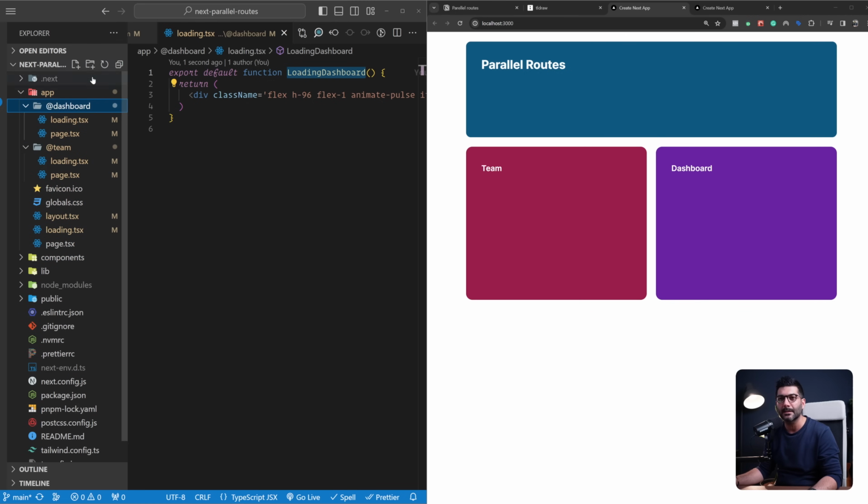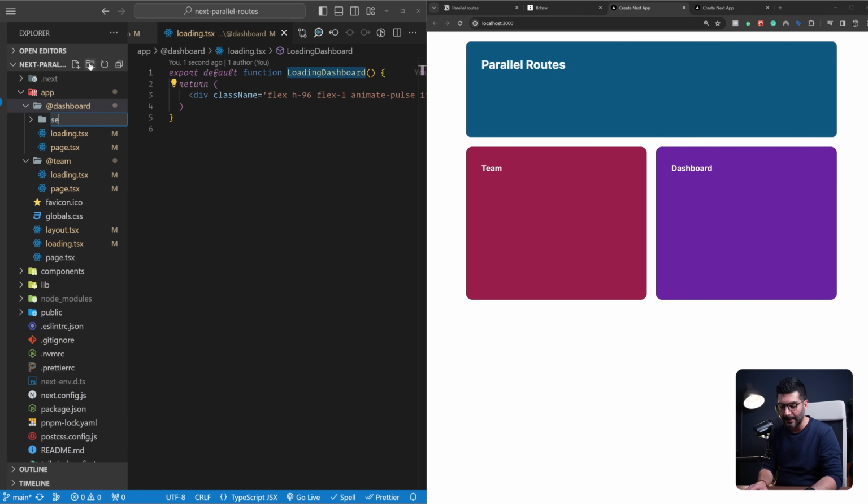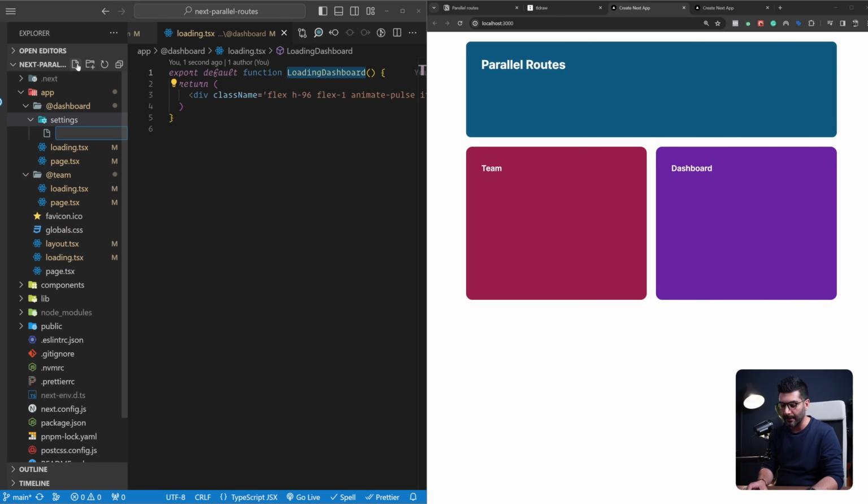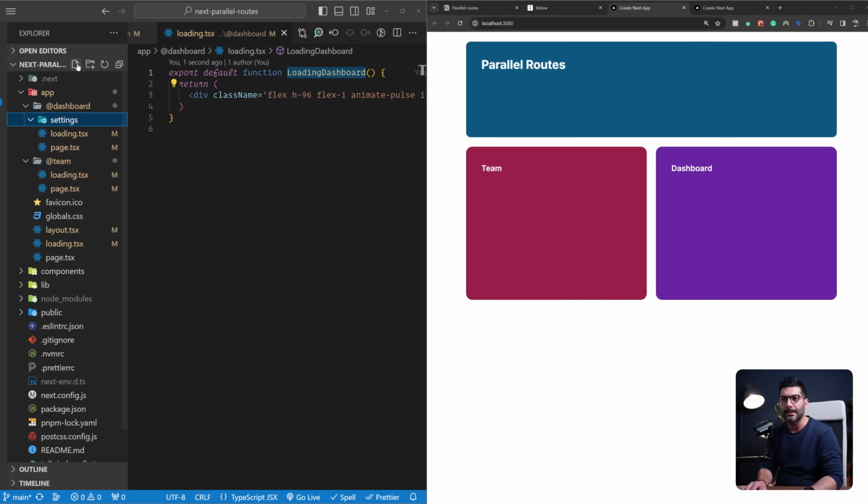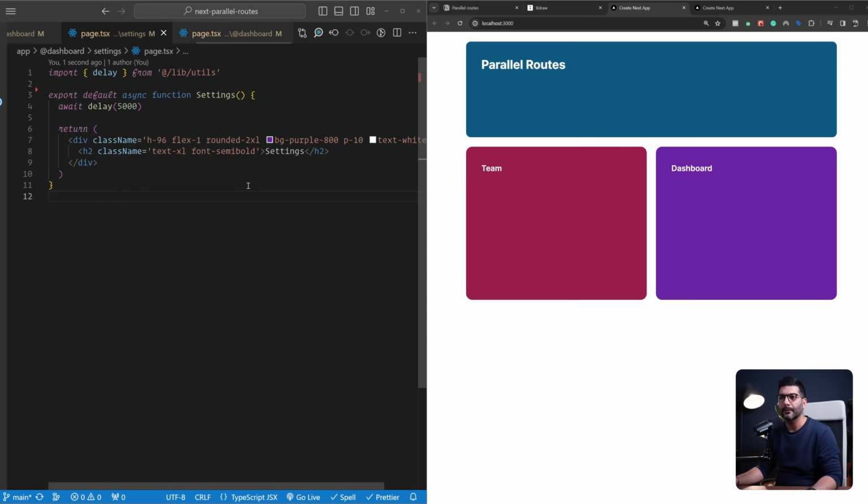So let's say inside of this dashboard, we have a segment called settings. And inside of it, we can define a page.tsx. Let's say we just have a div that says settings. And this is again simulating some data fetching inside of our settings page. Now, to be able to show a soft navigation when we want to go to this specific segment /settings, let's